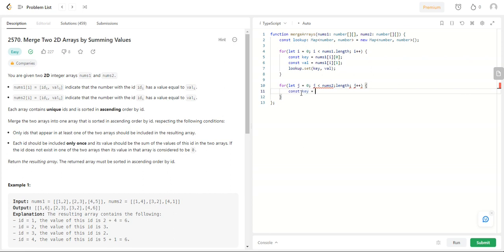Again, we will just extract nums2 of j of 0. This is our key. Nums2 of j of 1. This is our value. Okay, and now we will have to check whether this key exists in our lookup. So what we can do is say const v is equal to lookup.get(key). If it is present, then we use it, or else we use 0, and then what we can do is say